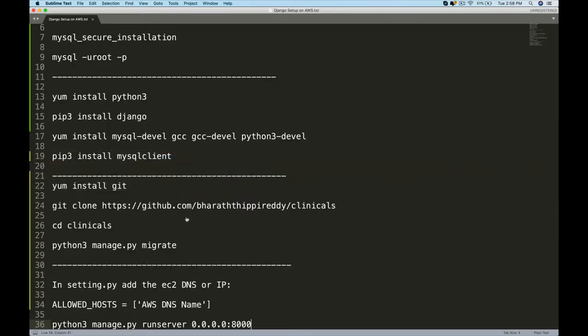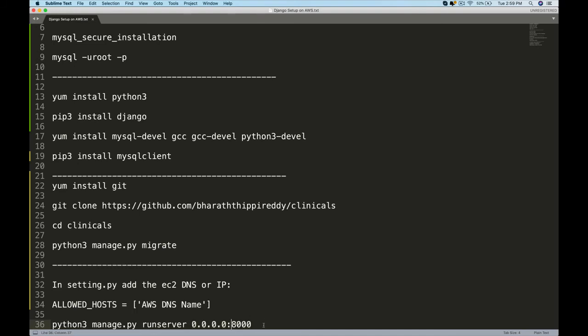Now we can start the application using this command. See the last command? Use that, python3 manage.py runserver. This you know. And we are saying use 0.0.0.0. All that means is any addresses this AWS EC2 instance is bound to, allow all those addresses. If you don't use this, then you will see issues. We'll not be able to access the Django application running. So make sure you use this at the end.